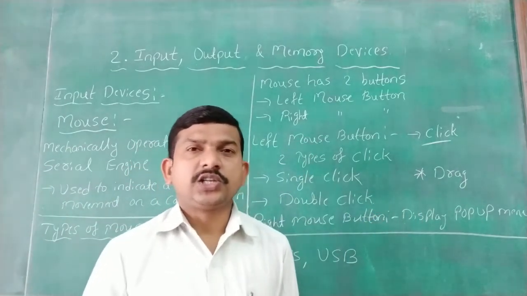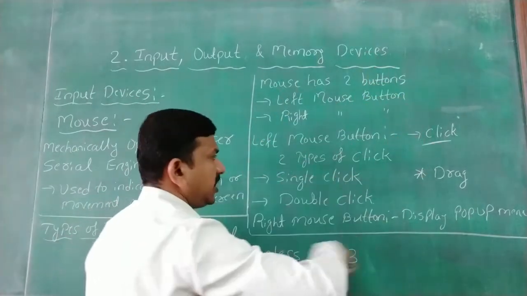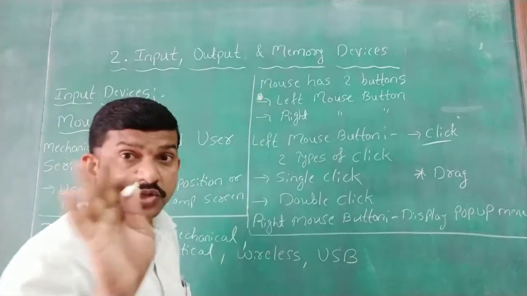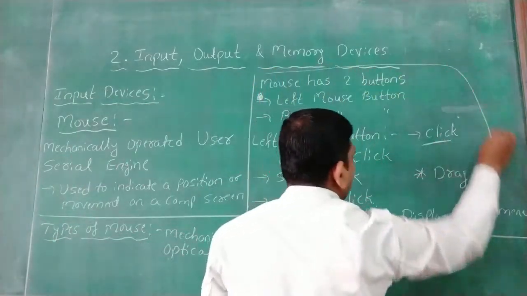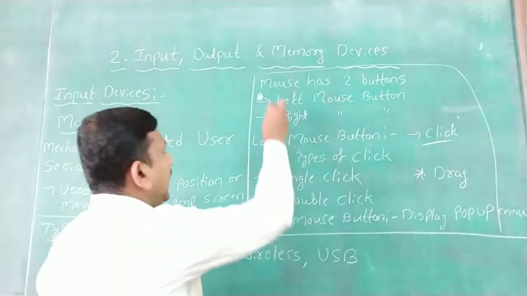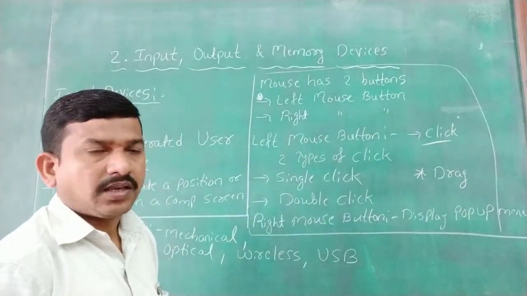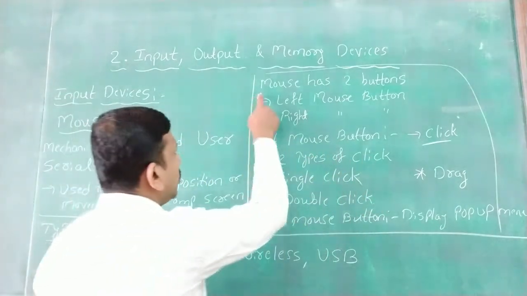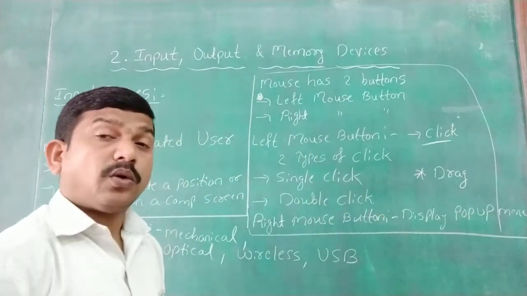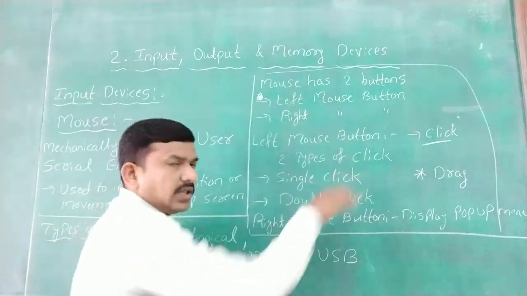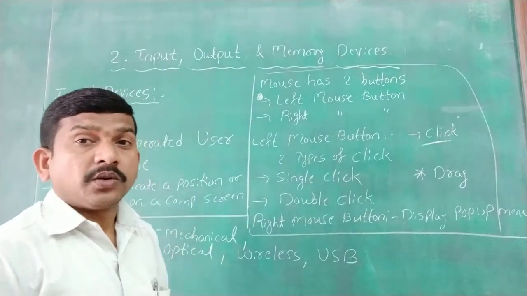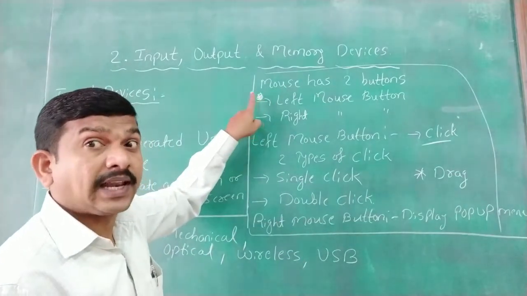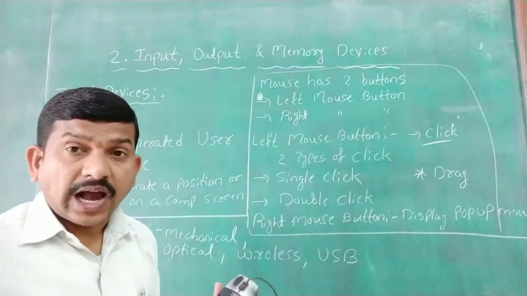Suppose assume that this is a computer screen, and here I have some file, one image. Actually, I want to move this file to here. So what can you do? Pulling it from there, thinking it will go, it will not go. So with the help of the mouse, what can you do? First you click here, single click, and then after click